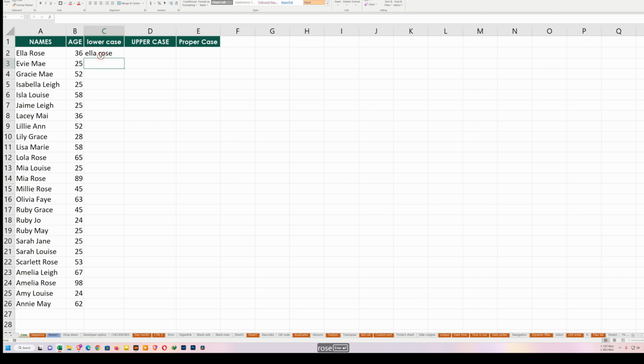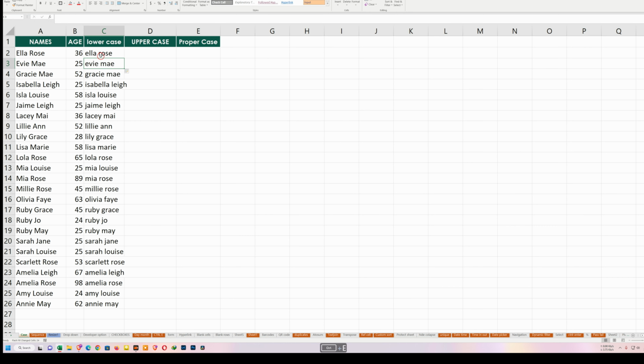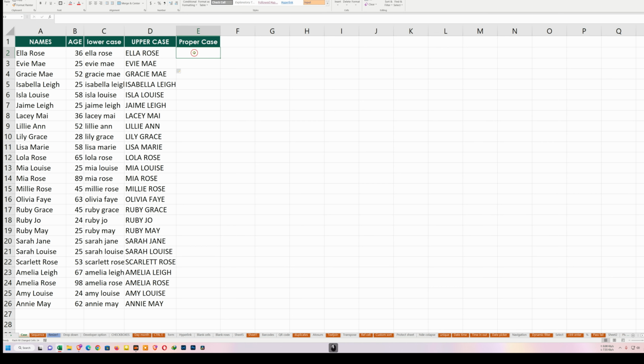Hit enter, and then Ctrl E, it will autofill all the way down. The same case, when I go to uppercase, I'll type everything in uppercase. Enter, then Ctrl E, I'll have that replicated. In this one, I'll only capitalize the first letter of the name,